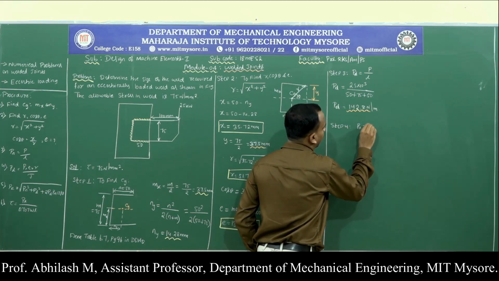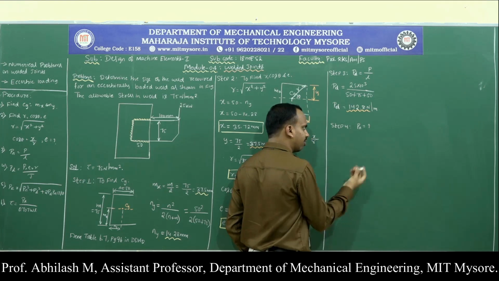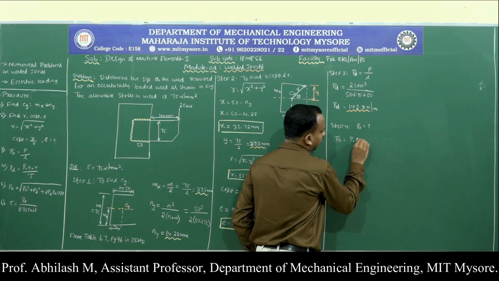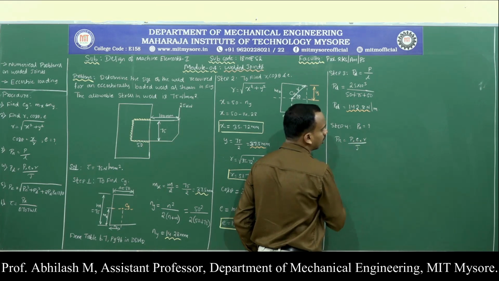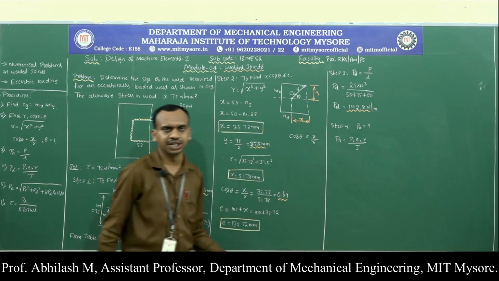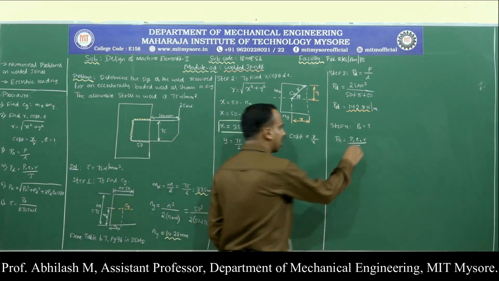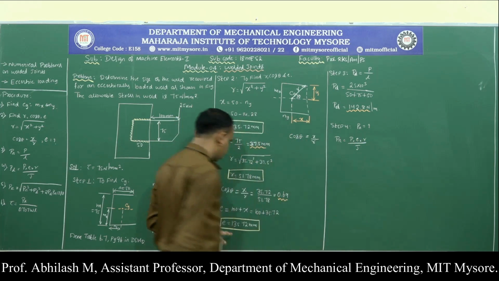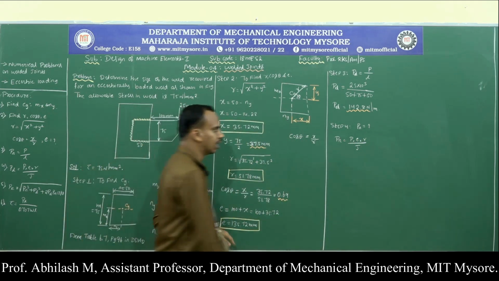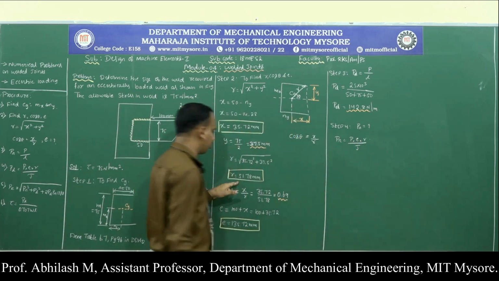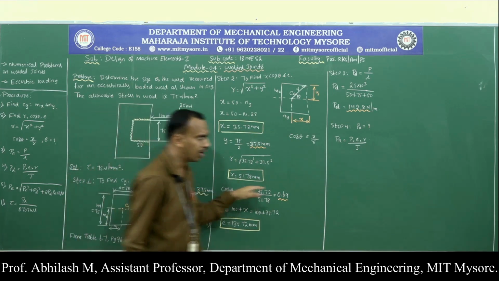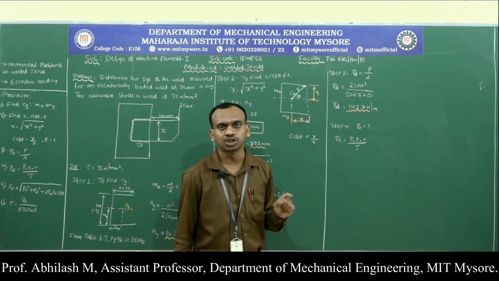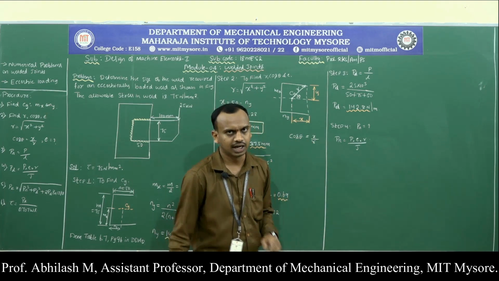The next step is to calculate with respect to the Pn, that is step 4. The Pn value has to be calculated. Again we know the relation to calculate the Pn value, which is given by P into E into R divided by J. Here P is the applied load, which is 25 into 10 to the power of 3. E is the eccentricity, 135.72 millimeter, whereas R is 51.78 millimeter. But the value of J, which is called the polar moment of inertia, we are supposed to calculate with the help of the data handbook.